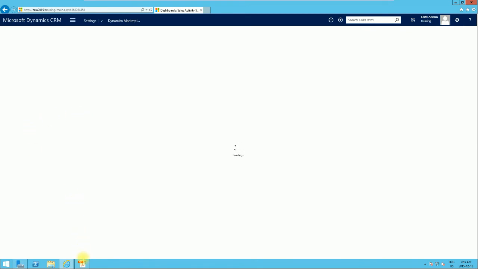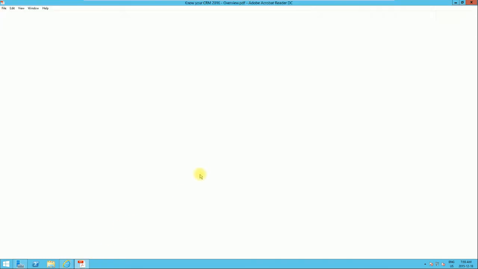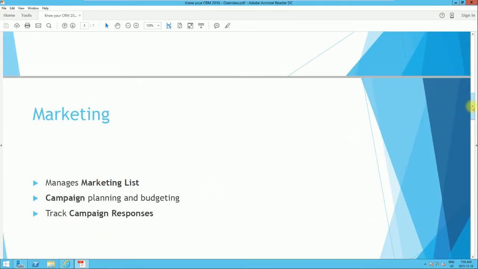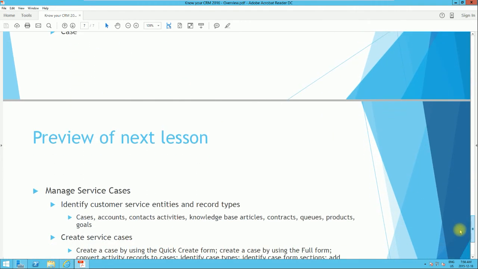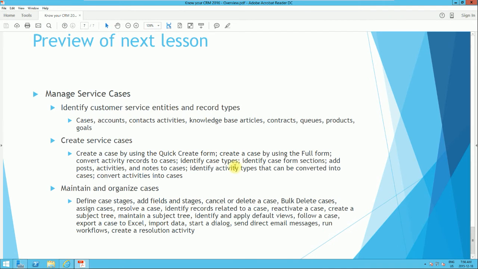So that wraps up what we have for today. But I would like to quickly give you a preview of what we're going to be going through in the next lesson. In the next lesson, we're going to focus on managing service cases. What that means is, how can we identify the customer service entities and record types, how can we create service cases, how can we maintain and organize cases. Now I just want you to quickly highlight what we're going to treat next